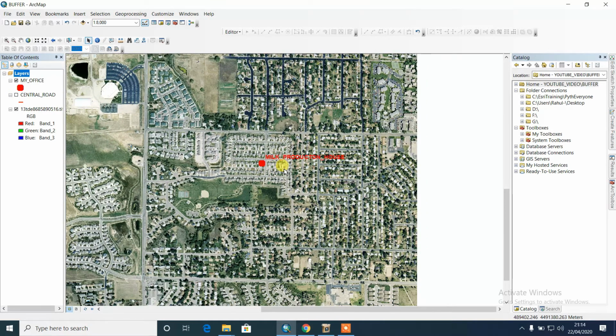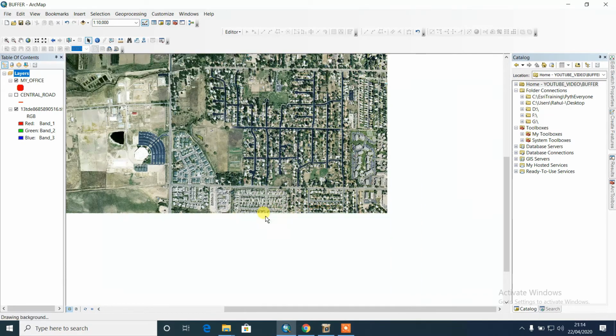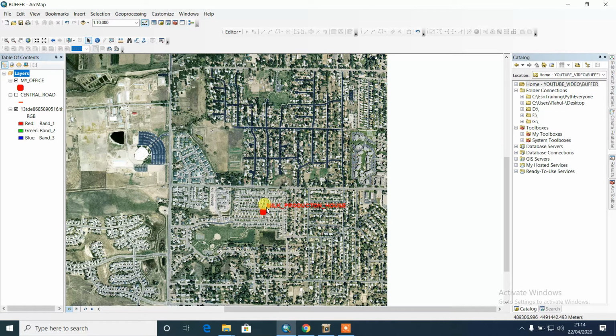The first one I'm discussing is based on production. Suppose this guy wants to sell up to a 300-meter area free of cost, as we discussed in the previous video on buffer. But suppose for more than 300 but less than 400 meters, he wants to give the service with some extra charge, say 10% extra delivery fees based on the price.